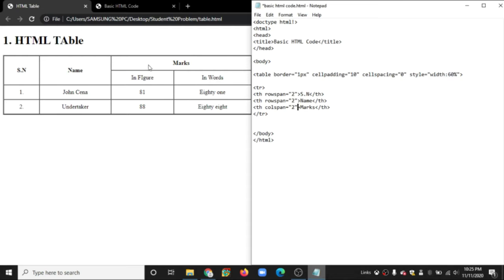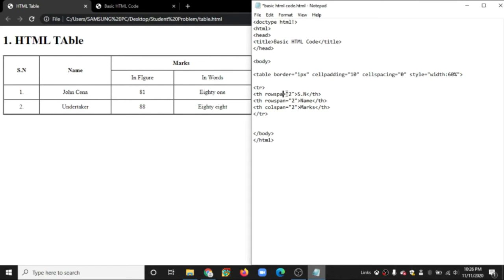That means this marks table head is divided into two parts, and the horizontal line between this SN and name is removed with the use of rowspan. That means it merges after the use of rowspan.